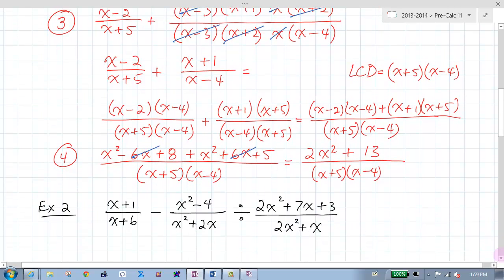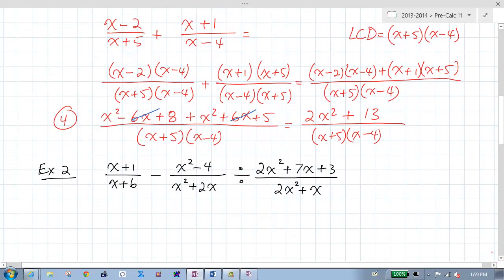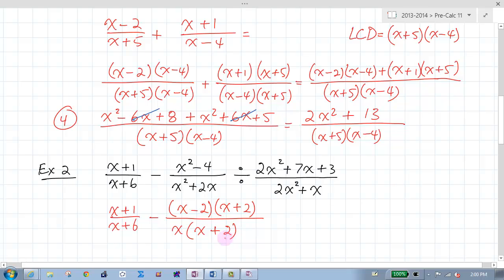So example 2, I'd like you guys to write this down and do it before I do it. I'm going to take the first step for you and go, okay, this is x plus 1 over x plus 6 minus, I'm going to factor everything. X squared minus 4 looks like the difference of squares, so I'm going to factor it. This is x minus 2 times x plus 2 over, there is a common factor between x squared and 2x, and that is an x. We factor that out. It becomes x plus 2